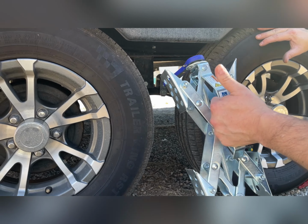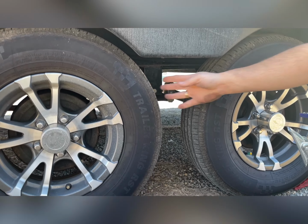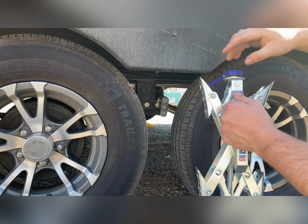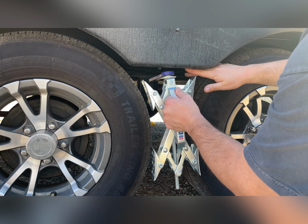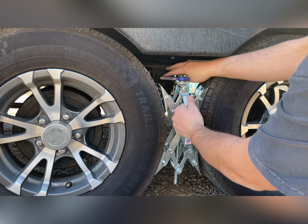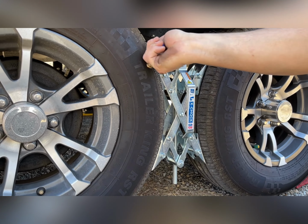Okay, so when you grab your X chocks, again, we're putting these X chocks in between our 2 wheels in the center of the treads. When you look at this, you'll see that it has a handle. The handle is going to be on the up part, the top part of the whole contraption. Slide it in. If it doesn't slide in at first, you can loosen it. You just keep tightening until all 4 pads are firmly seated